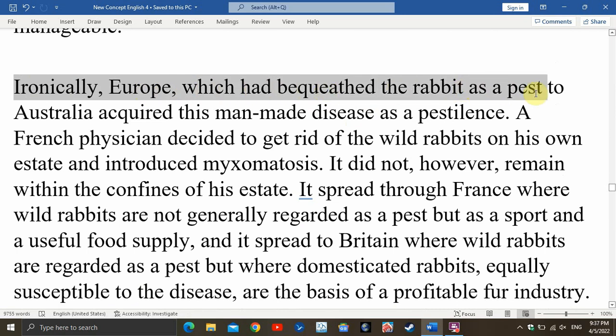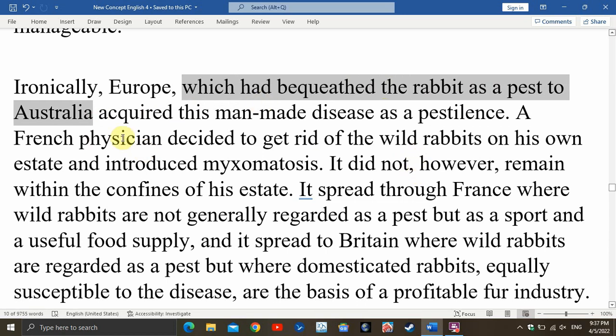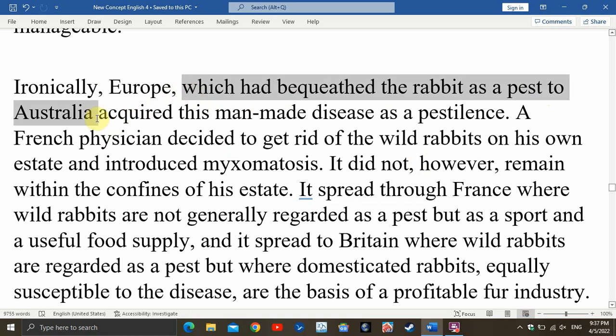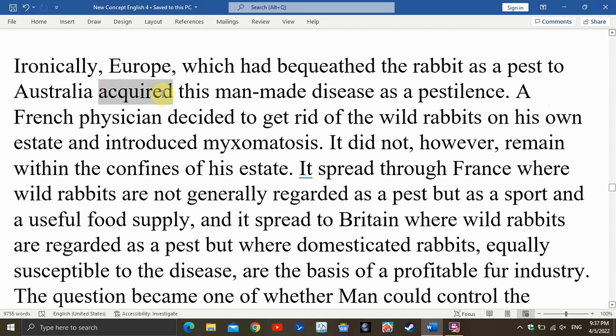后面 Ironically, Europe, which had bequeathed the rabbit as a pest to Australia, acquired this man-made disease as a pestilence。后面这个 which had bequeathed the rabbit as a pest to Australia 是一个非限定性定语从句。这个 which 指什么？指 Europe，这个定语从句是修饰 Europe 的。那么 Europe 怎么样？Europe acquired this man-made disease as a pestilence。